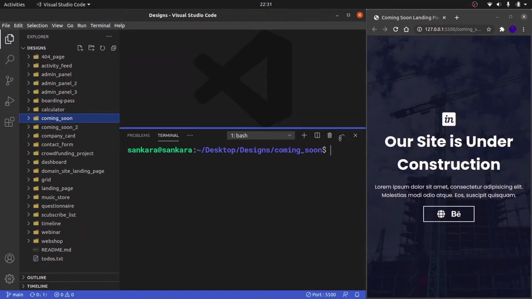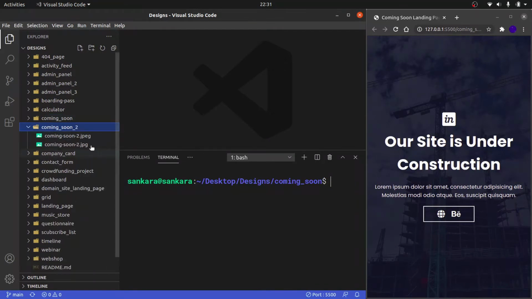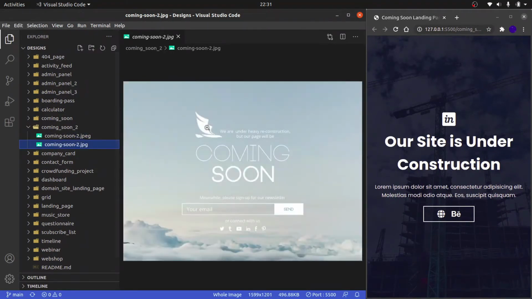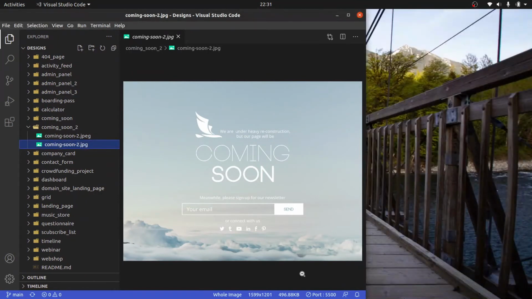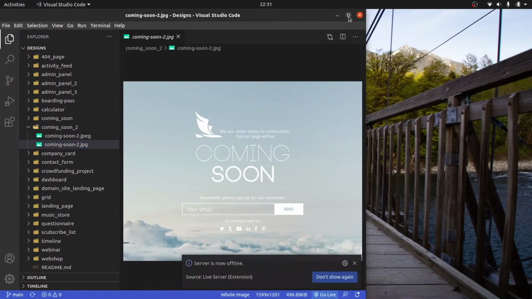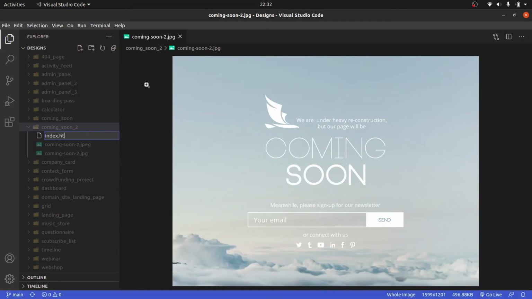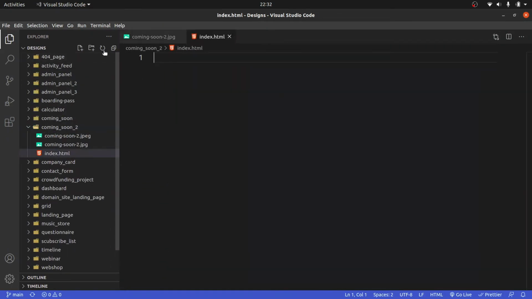And probably I'm going to do this second coming soon page immediately, because it's so much similar to this. And this is the background image that I'm going to be using, and then this is now our design. Okay, looking amazing. I can close this down, and then I can close my dev server right there. And right inside this coming soon page, what I want to do first of all is obviously create an index.html file, like that, and create another